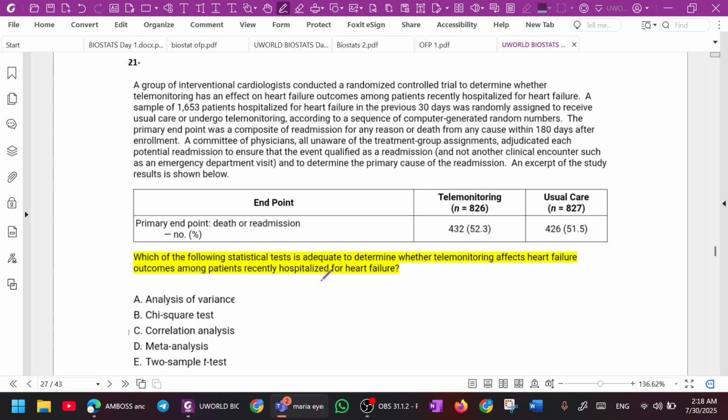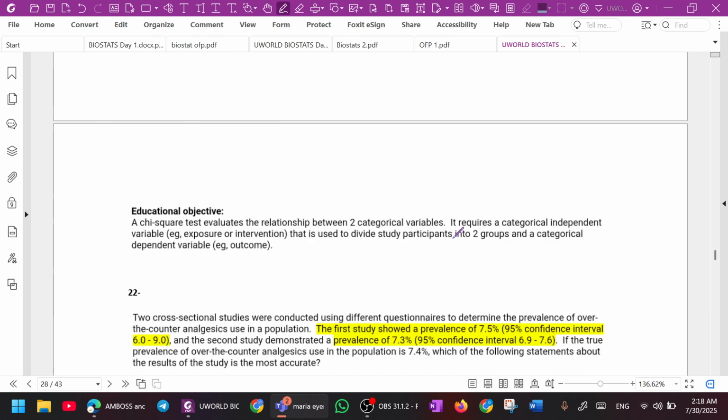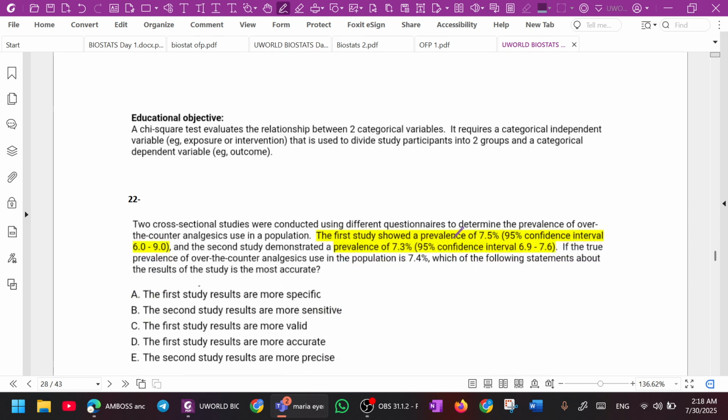Makes sense? Okay, let's look at the answer. I don't know how I thought. Am I in the right direction or am I floating in the air? No, you are. I think you just have to always try to figure out the two groups. This is one group, this is the other group.